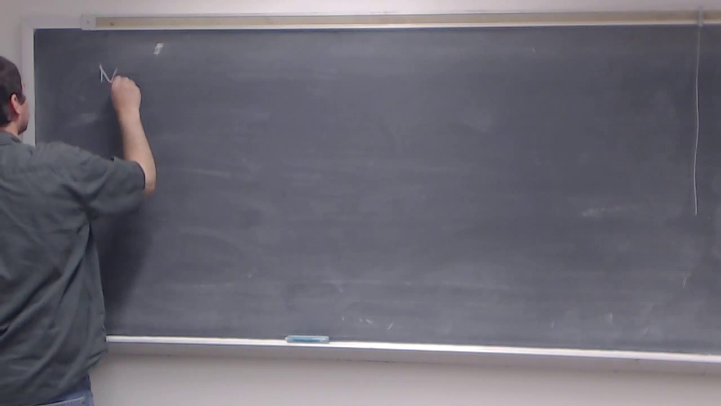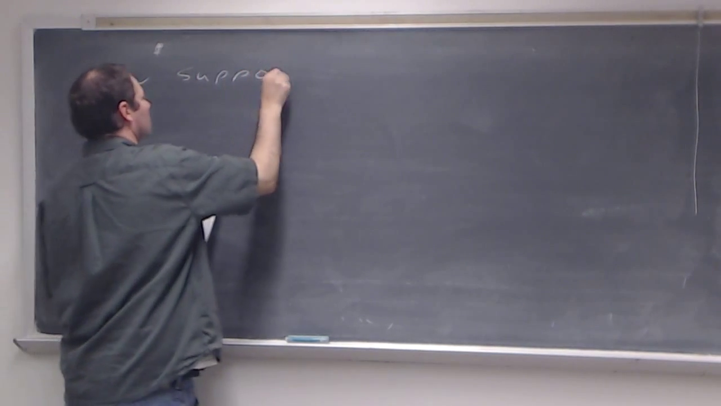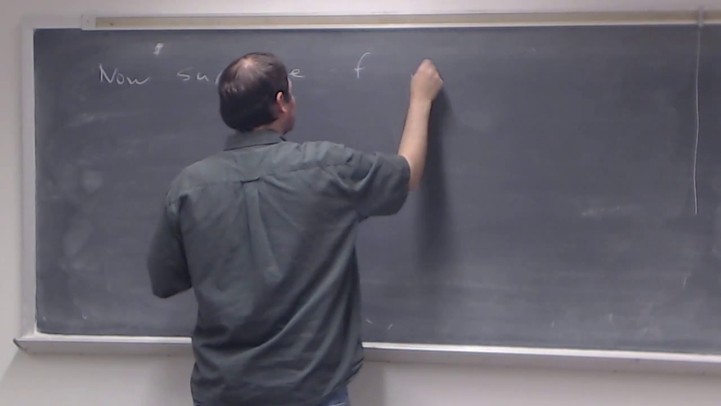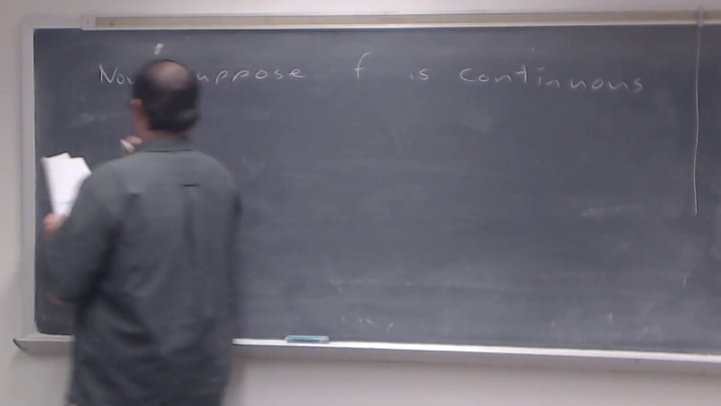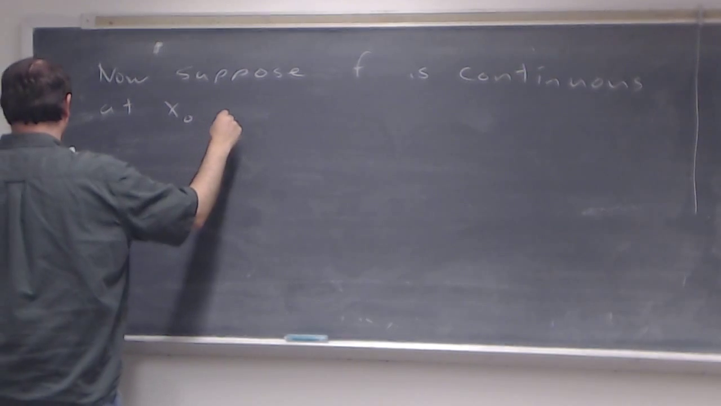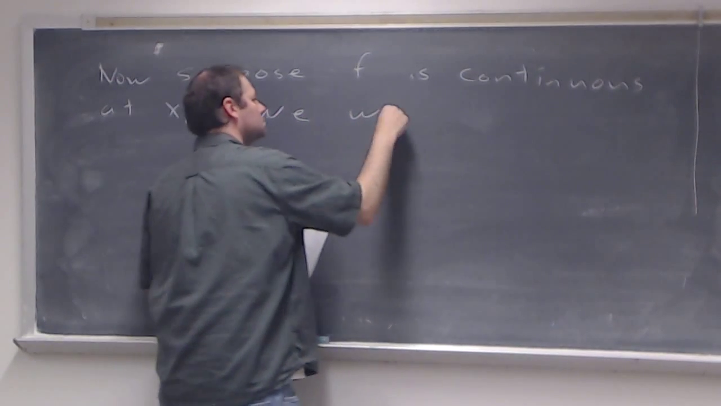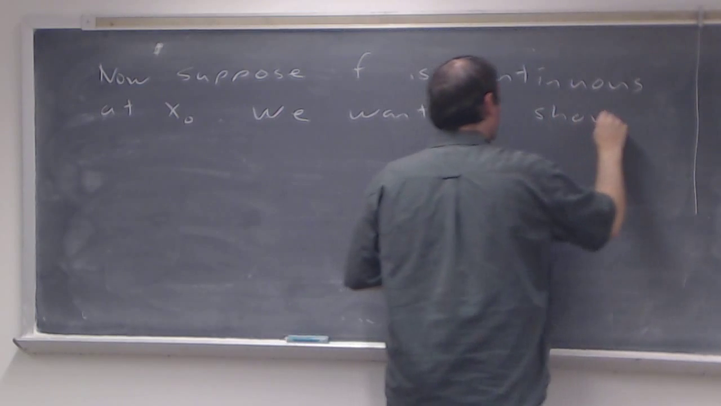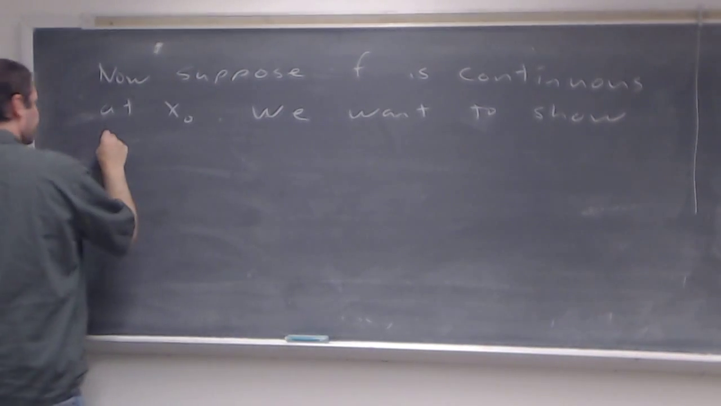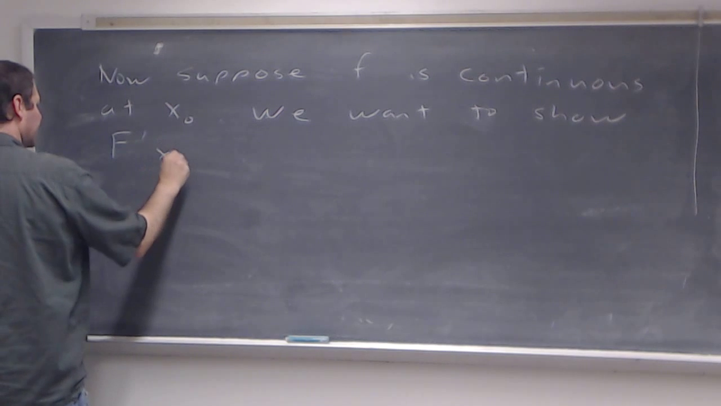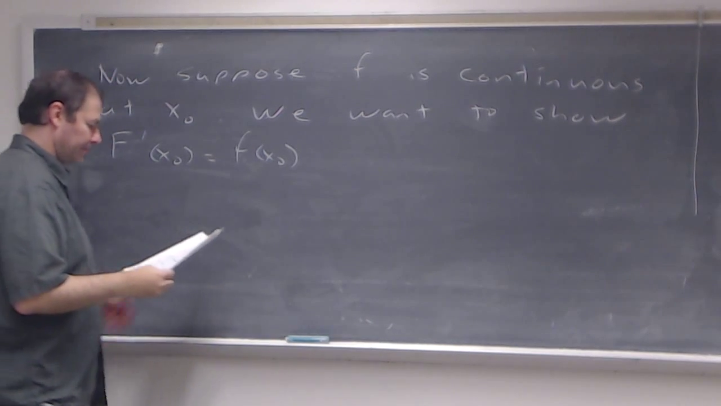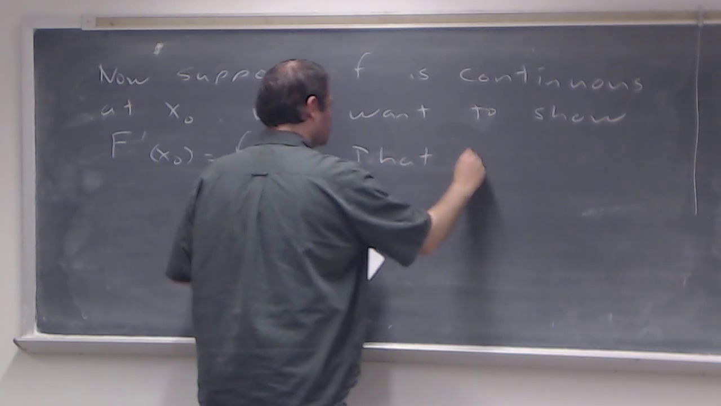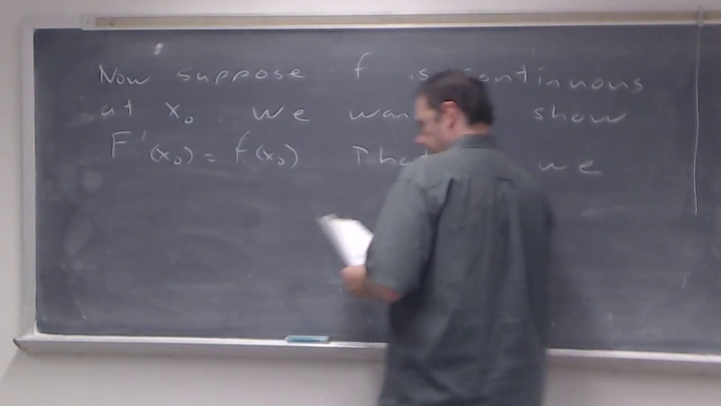Now suppose F is continuous at x sub naught. We want to show that big F prime evaluated at x sub naught is equal to f of x sub naught, little f evaluated at x sub naught. That is, we want to show